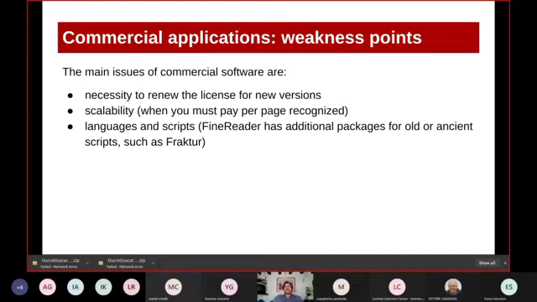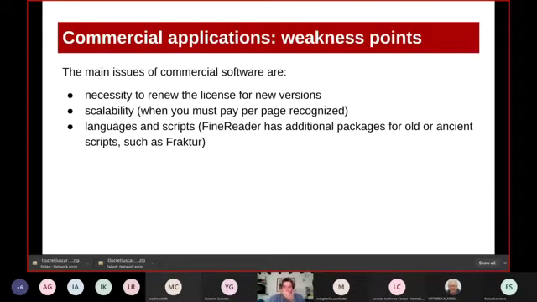So I say if you have a simple project, the commercial software can be the best solution, okay? But if you have a challenging project, if you have a research project that is based on the acquisition of challenging documents,